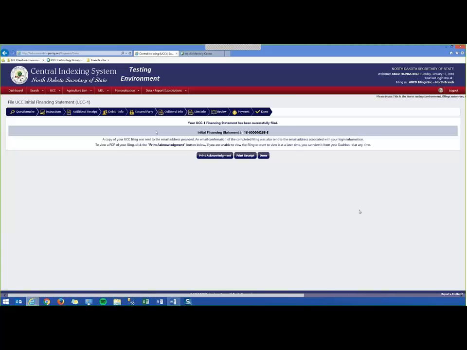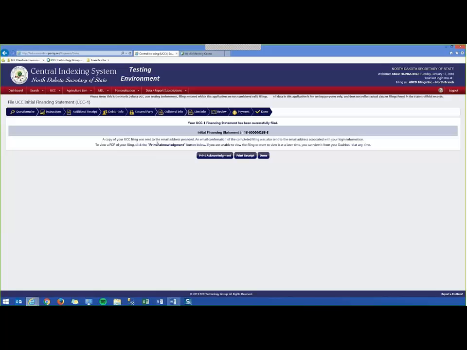This is our done screen. The system gives you some information about the email address. The copy of the filing was sent there, and your copy of the completed filing was also deposited into your inbox, and a copy of your receipt has now been deposited into your receipt inbox. I can either go there or I can print both of those items from this screen. If I click Print Acknowledgement,